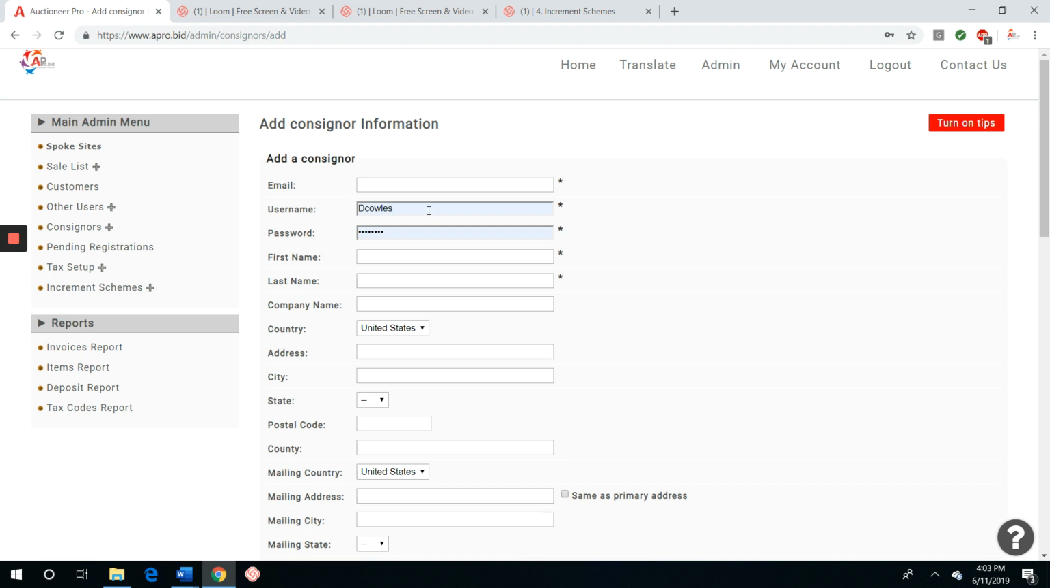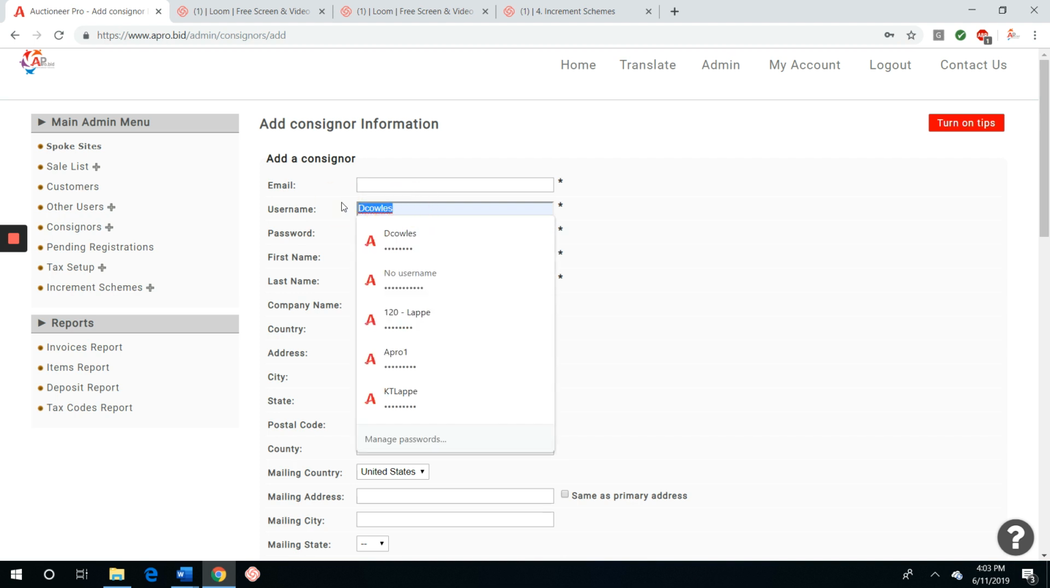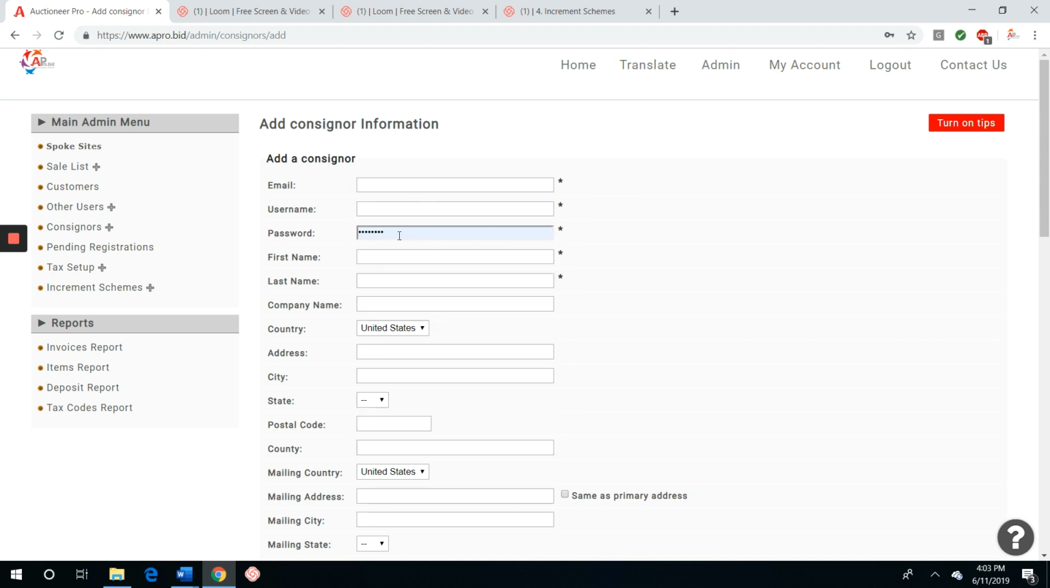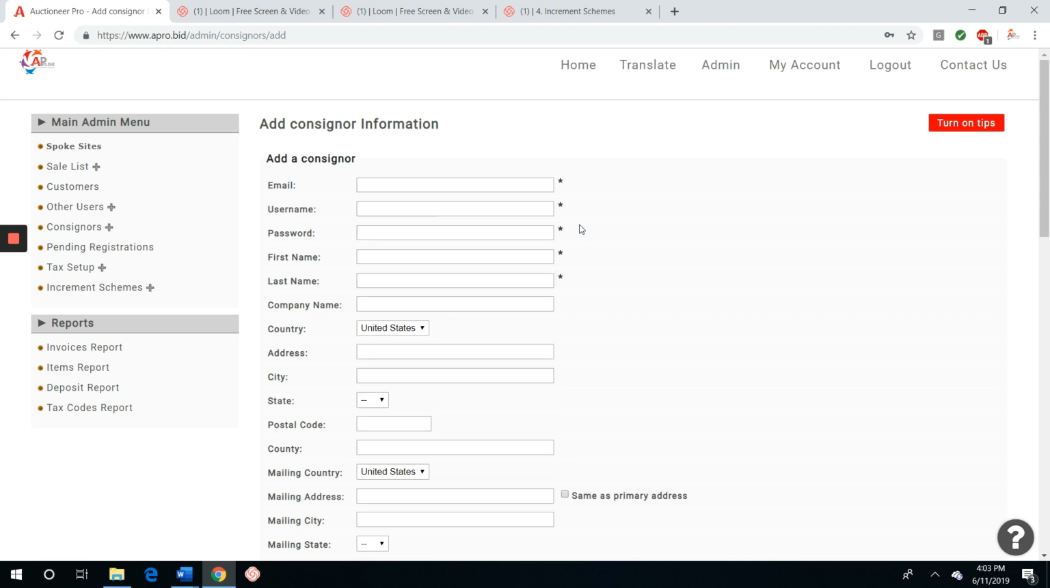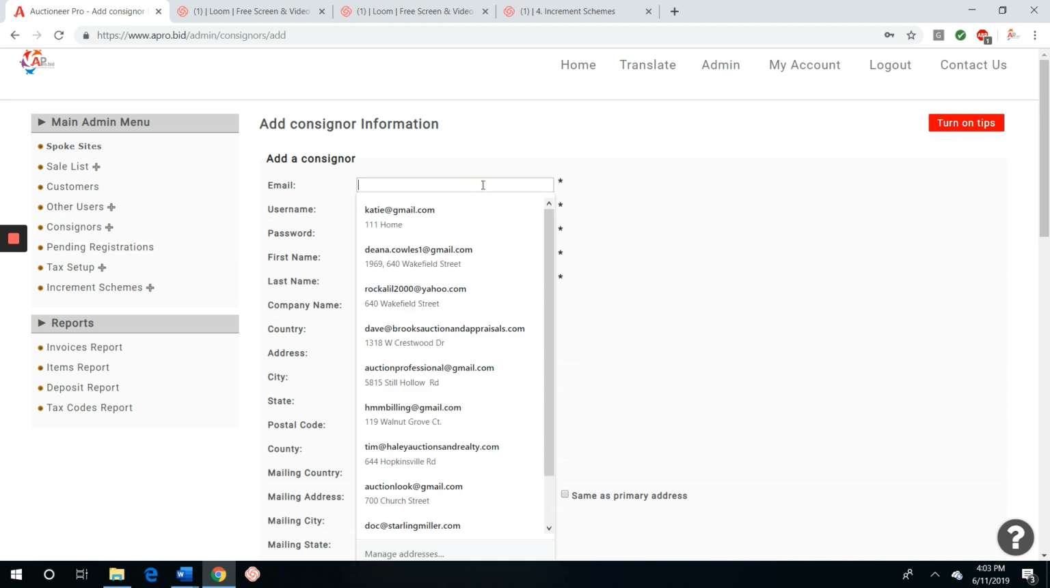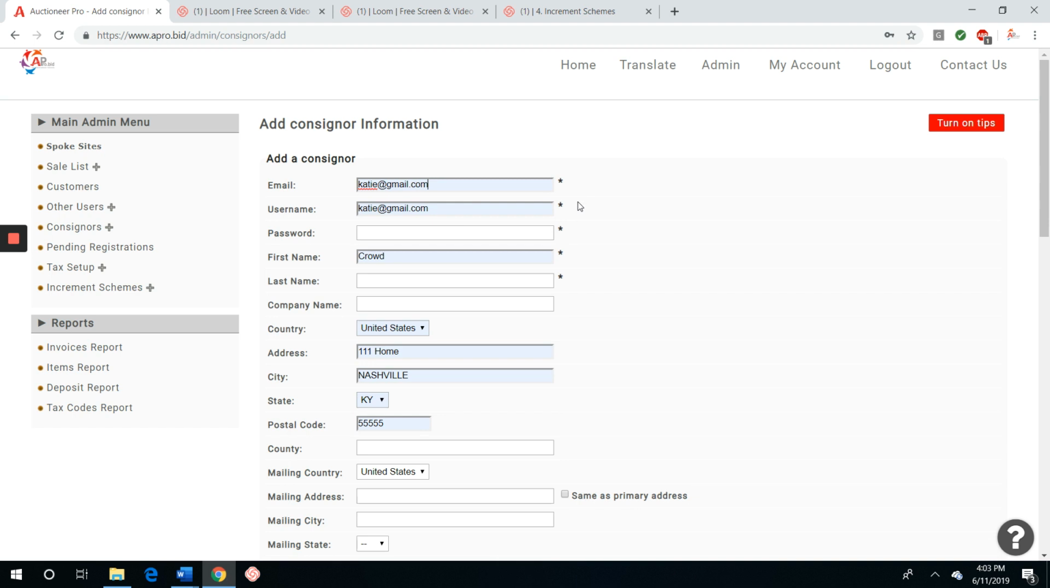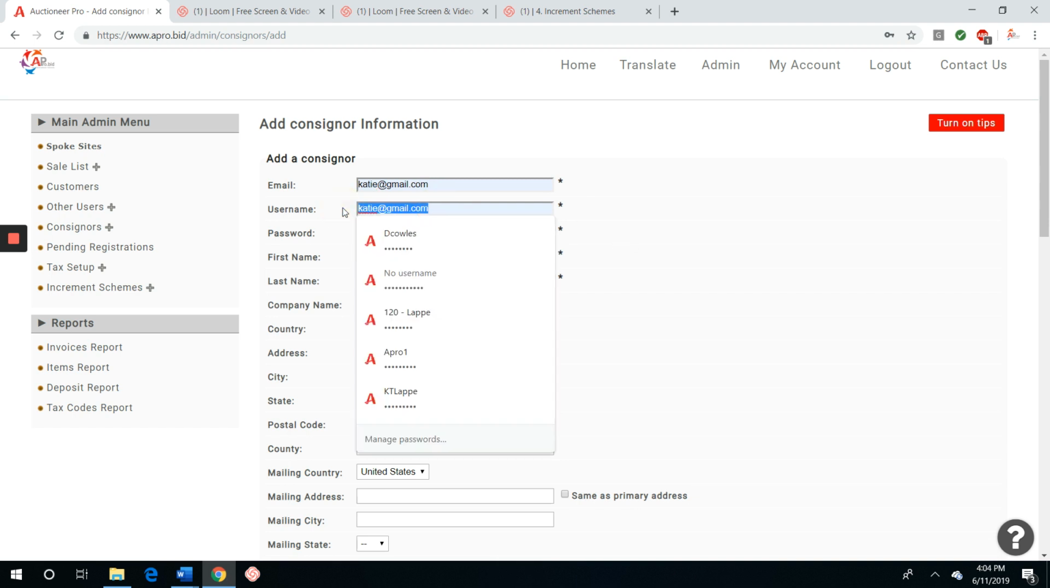If you are using autofill on your computer, it may autofill your username and password. You will need to clear that out because you are creating a username and password for your consignor. That way your consignor can log in and see their reports, but they cannot modify anything. You are the only one in control. First, you're going to put the email of your consignor, and it may autofill your username,